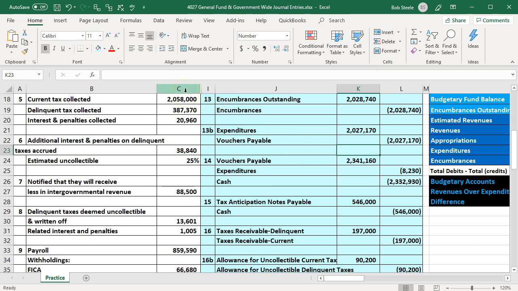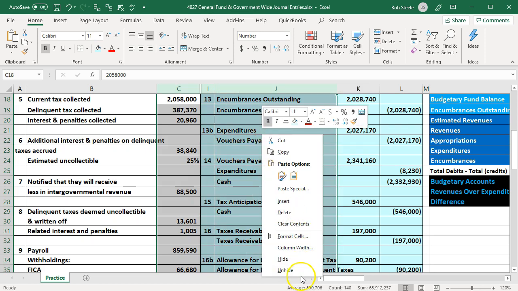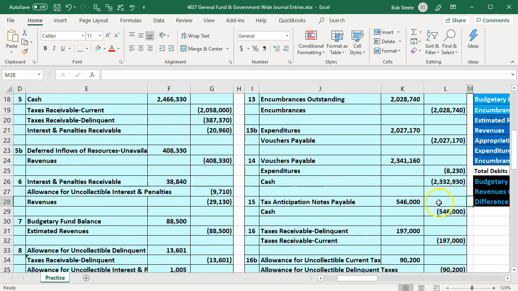I'm going to put my cursor in C so we can see the journal entry, and then highlight over to J, right click on those selected areas and unhide. And if we go down to the transaction number 6, we have this 840 in the receivable. We recorded the allowance, and then we have this revenue. That too hasn't been collectible,